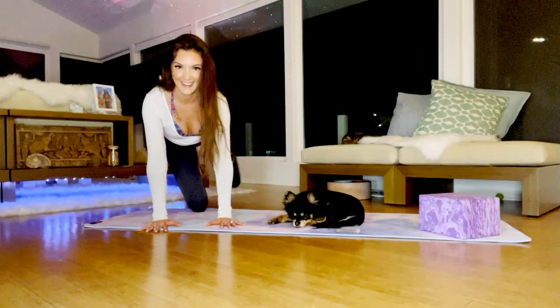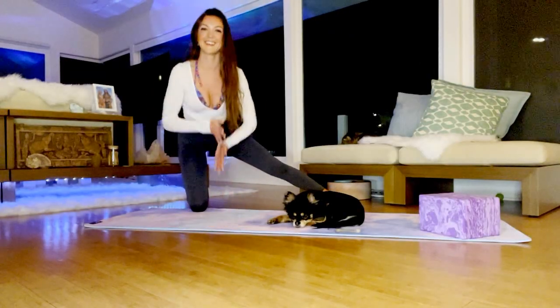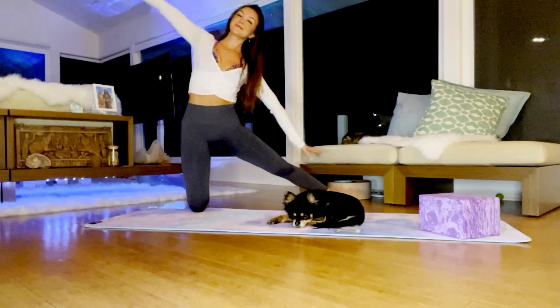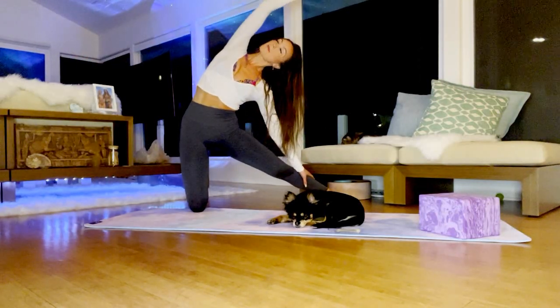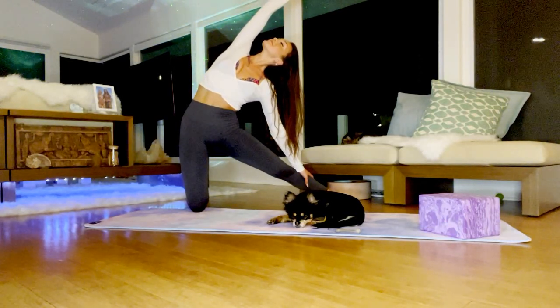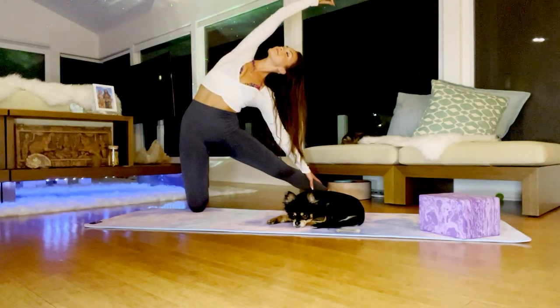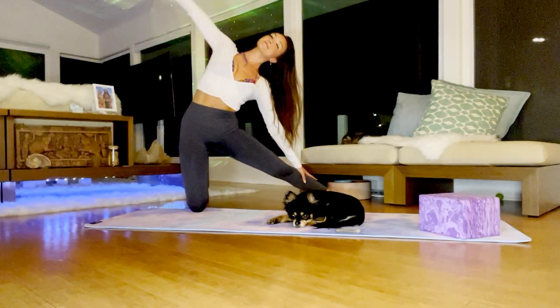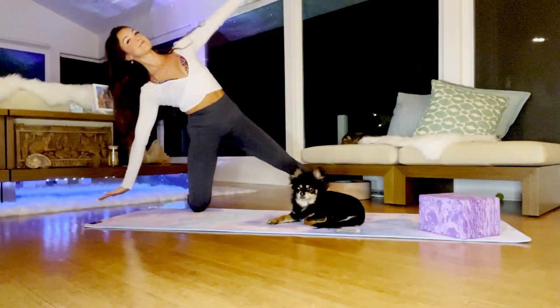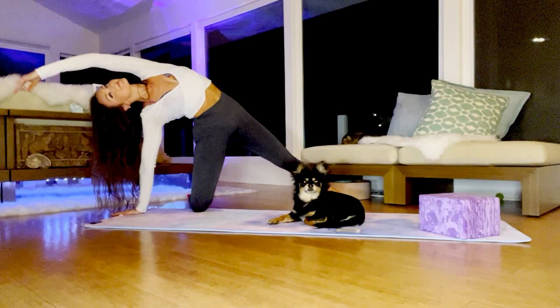We take it up, out, and around, up, out, and around, up, out, and around till it plants down, finding the gate. Right arm reaches up and over, stretch in the side body. Notice if one side feels a little different than the other. Go a little deeper, and then plant the right hand down, lift the left arm up, sweep it over, and then start to circle that arm around,